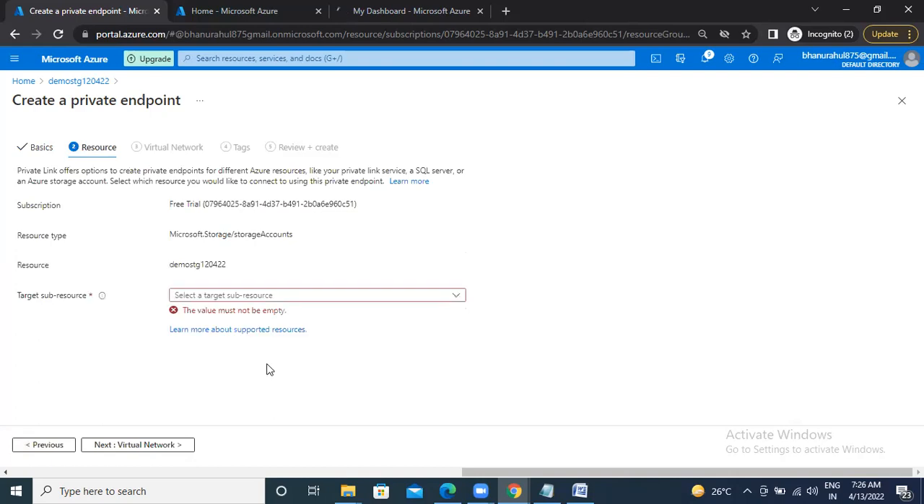So here you are going to define what is the target resource you are creating the private endpoint for. We are creating a private endpoint for the file share. So I'm creating it for the file share. If you are creating it for the blob, then you have to select the blob. Okay, and you are selecting the